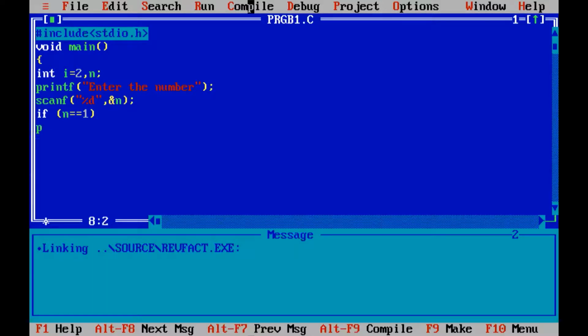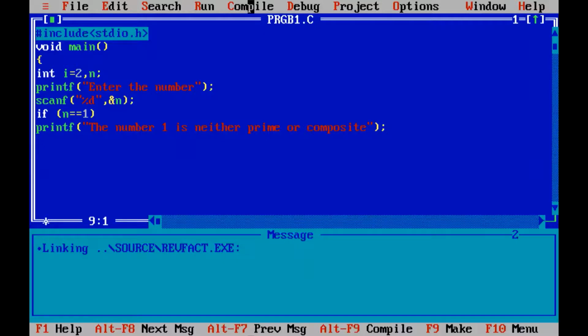If it is equal to 1, then we have to print that the number 1 is neither prime nor composite, or any sentence you can give.